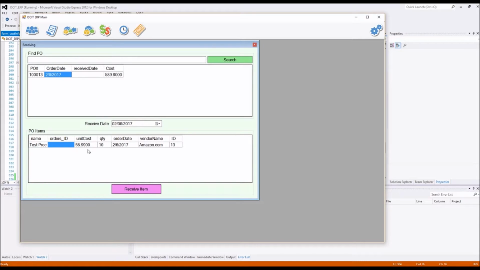Down here, it tells you what we paid for it and the amount we ordered. We can adjust this quantity if we received less or more than we expected. And this will just show multiple lines if there were multiple items on the purchase order. And once we select our item and adjust our quantities if need be, we just hit receive item, boop,